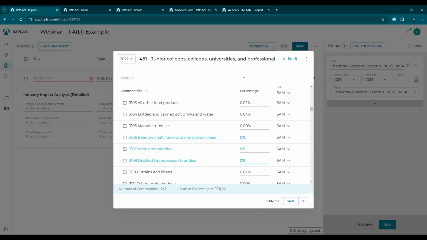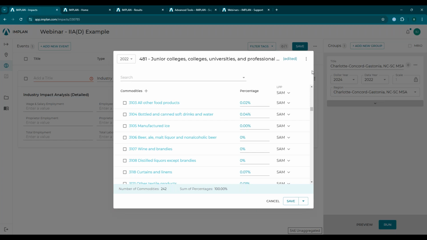So 2% of that intermediate goods expenditure is on alcoholic beverages of some sort. So this percentage is no longer 100%. So I can normalize that, which distributes that approximately 2%